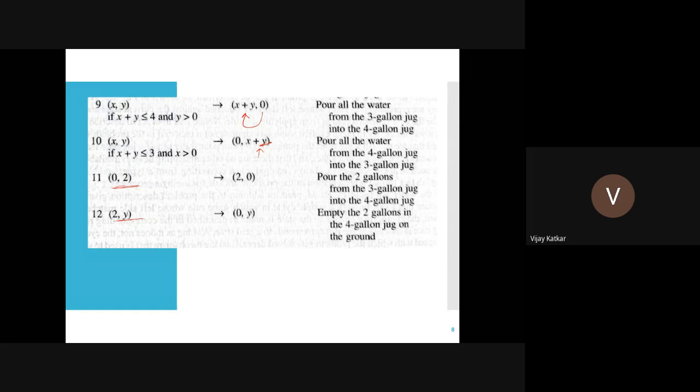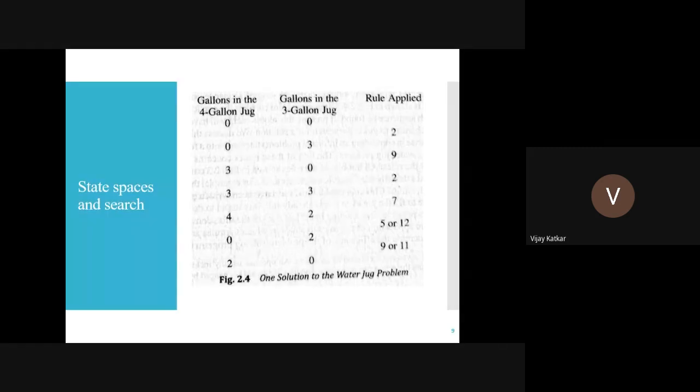So we want to use some rules to solve the problem. How can we do this? There is one solution; there are n number of possible solutions. Let's say at the beginning, in jug X there is 0 liters of water, and in jug Y there is 0 liters of water.